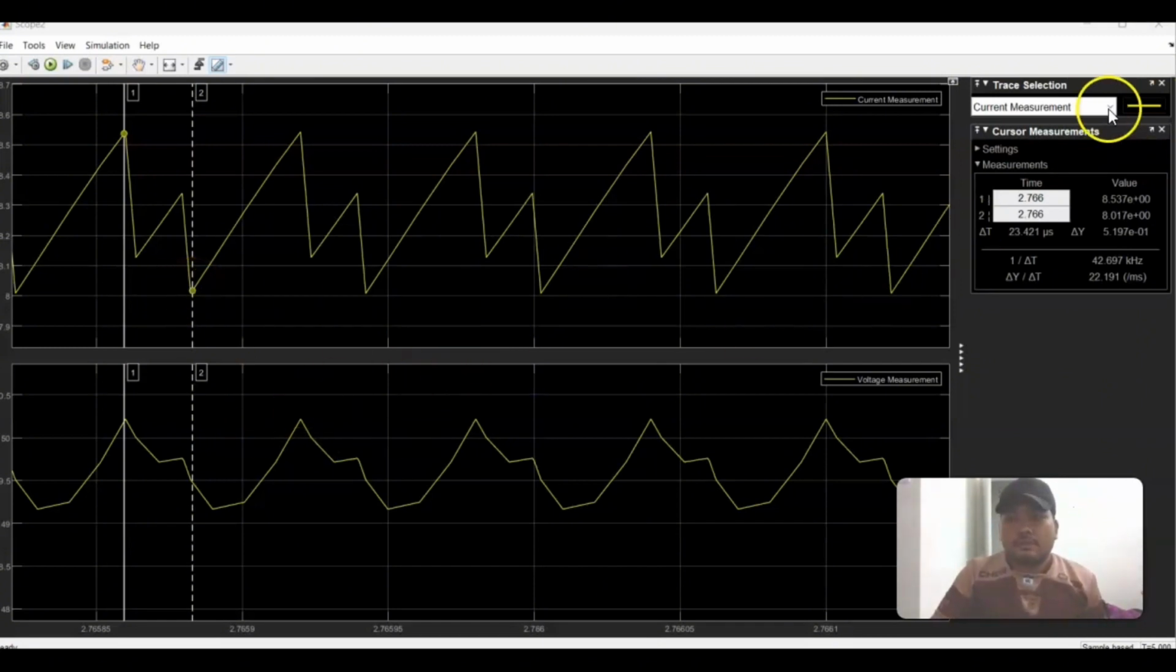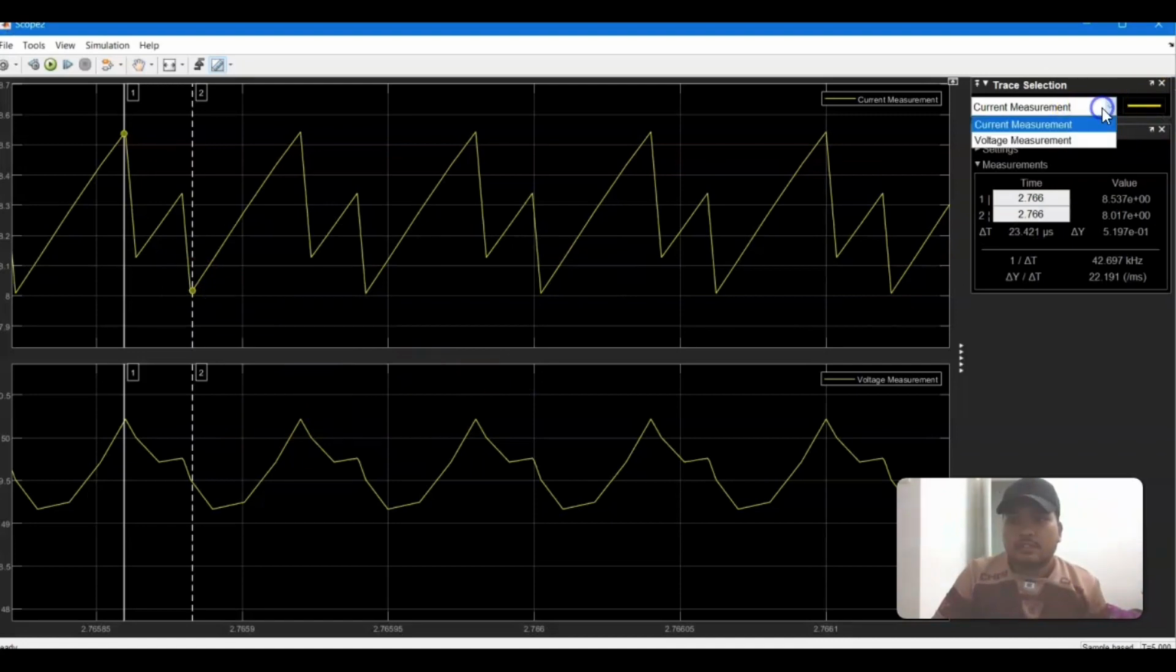So we move to the voltage measurement. We got the maximum voltage is 50.19, and the minimum voltage is 49.48. Right,